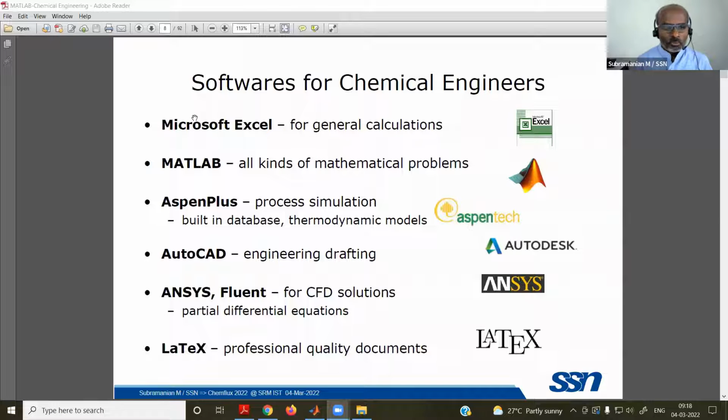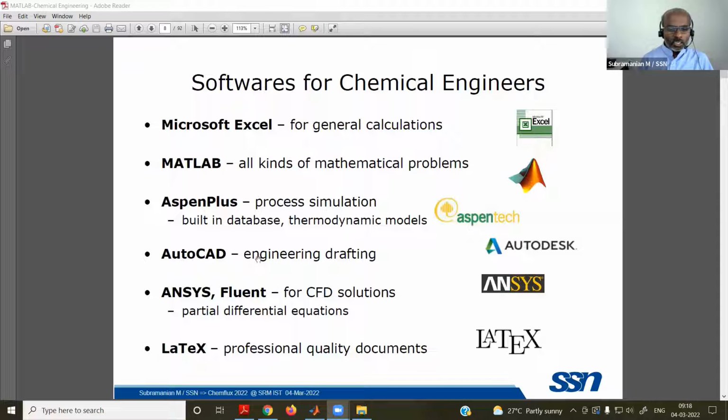If you cannot do that, you can try Excel, and if you still cannot solve it, go for Matlab and Aspen Plus, which is chemical engineering process simulation software, a slightly different kind, wherein in addition to the models, you also have the data.